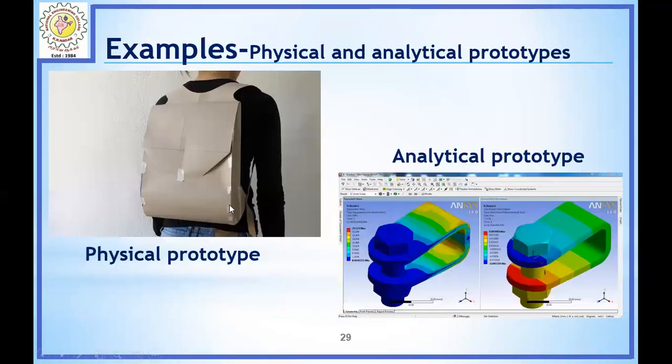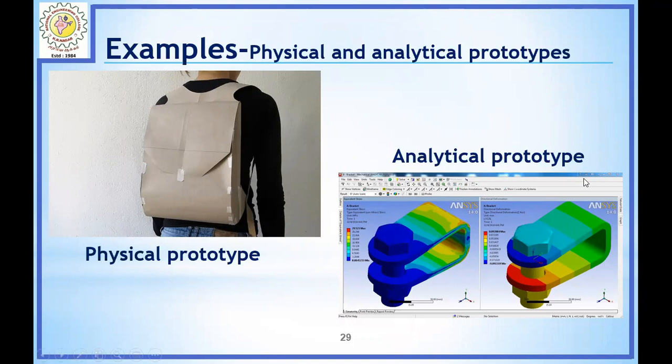Physical prototypes are, see here, in the first example, a backpack prepared with a chart first. It is actually not a bag. It looks like one, but it does not work like one. This kind of prototype is a physical prototype. How the product will look at the end of production, and how it is used by the customer, can be seen before the manufacturing by means of this kind of samples. And these other kinds of prototypes are analytical prototypes.